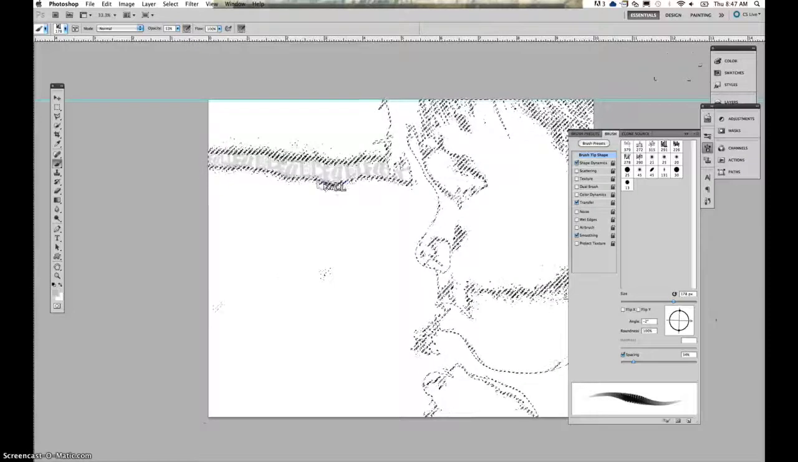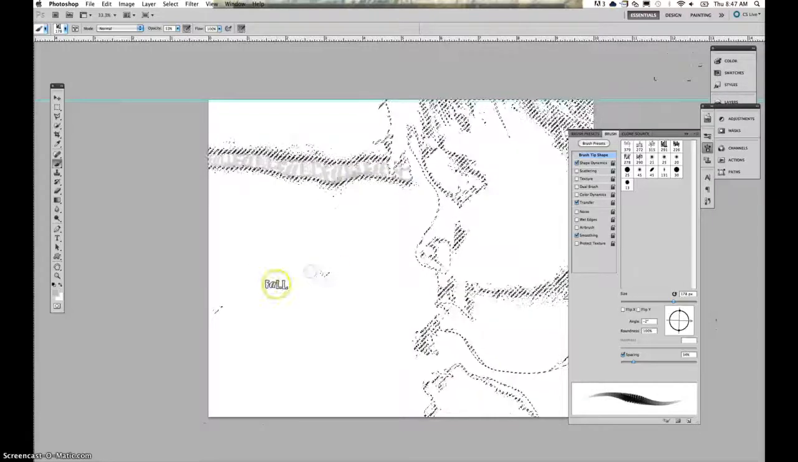And I'm clicking quite a bit. I'm not holding and clicking and dragging. I am just clicking. I don't want to hold, like use a normal brush, because that's what it's going to look like. I don't want that. We don't want that. So now we're going to go in,